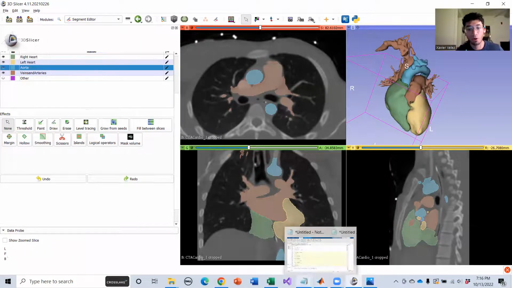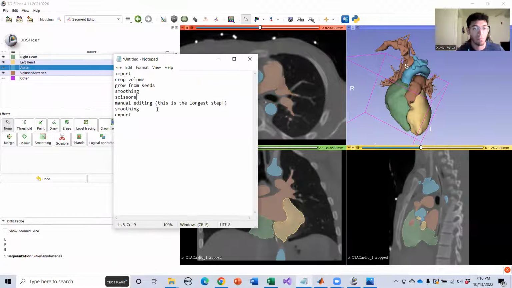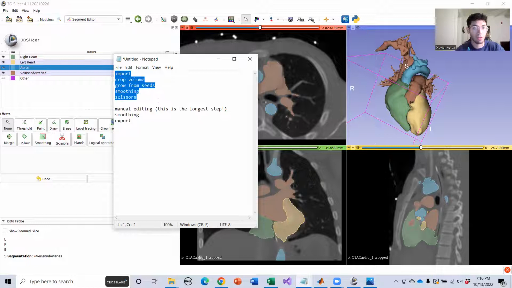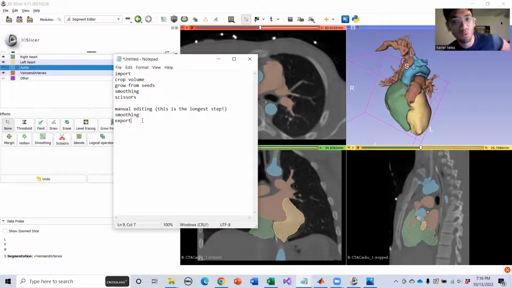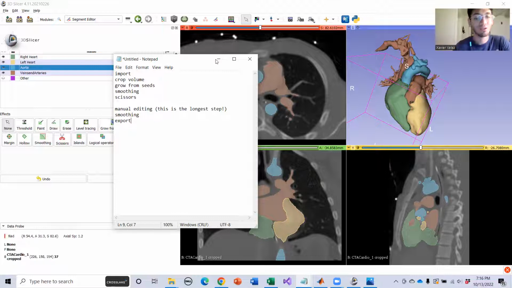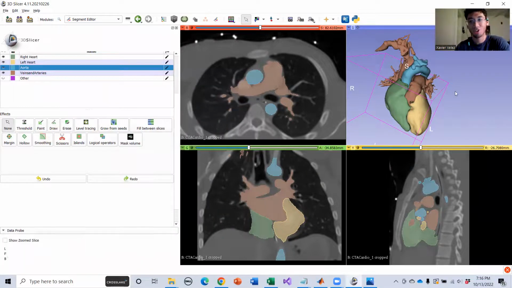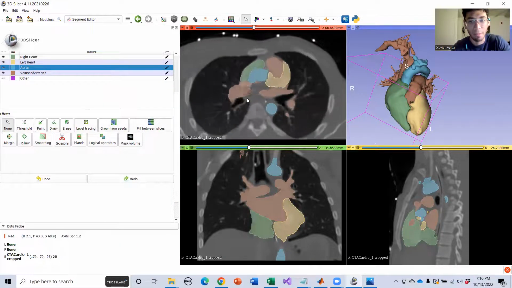And this is probably the part that I'm not going to be able to finish. So we've done everything up here, right? And now we have this manual editing. And this is the part that is a little painful, if I'm gonna be completely honest. I'd say if you need something to be super detailed, just set aside a few hours, put on some music, and just go a little crazy. Because